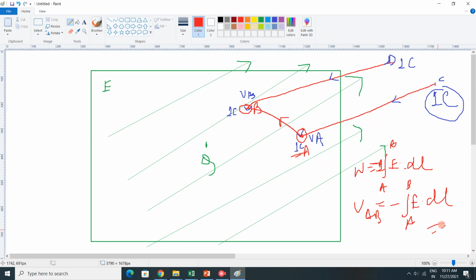B, that is the potential difference. So potential at point A minus potential at point B is nothing but the potential difference. That means if I want to drag a charge from A to B, that becomes potential difference. But if I want to drag a charge from infinity to a point A, that is only potential at point A. Similarly, if I want to drag a charge from infinity to a point B, that is only potential at point B.